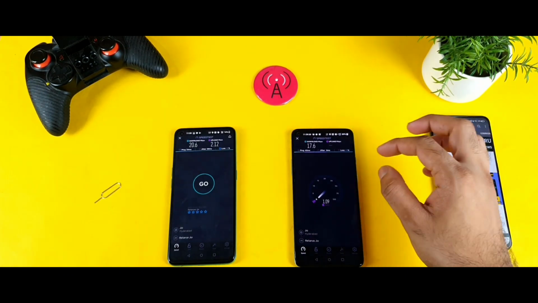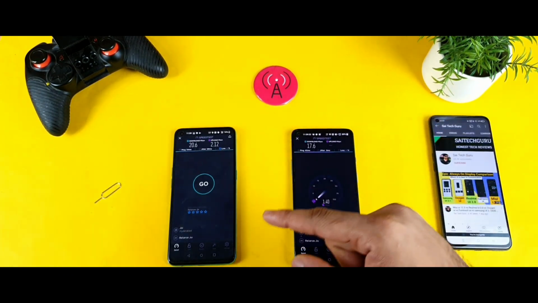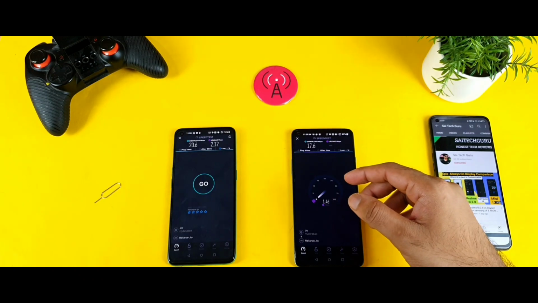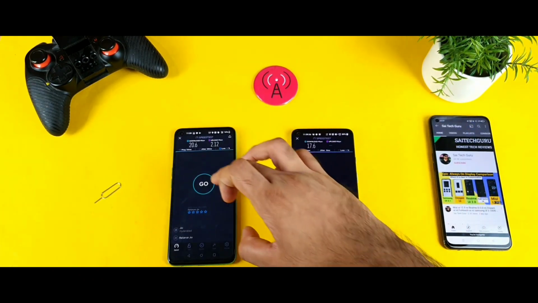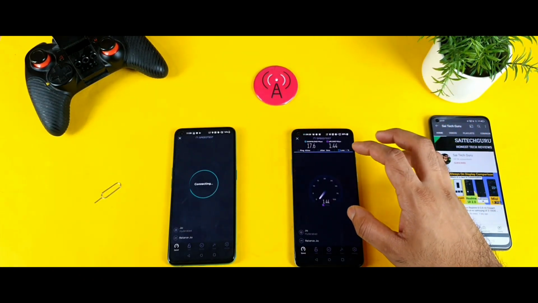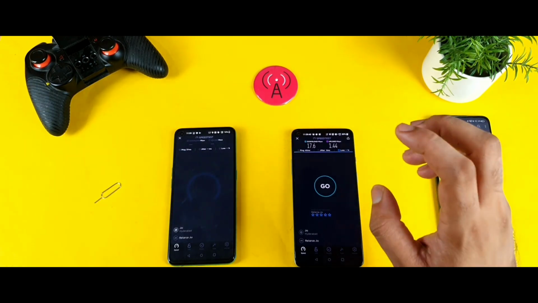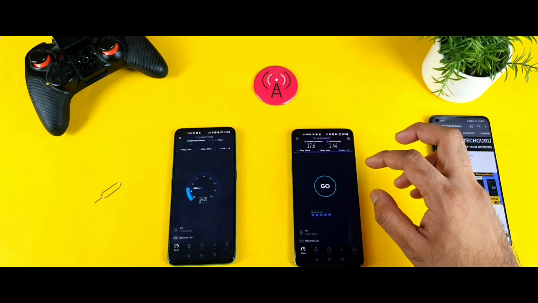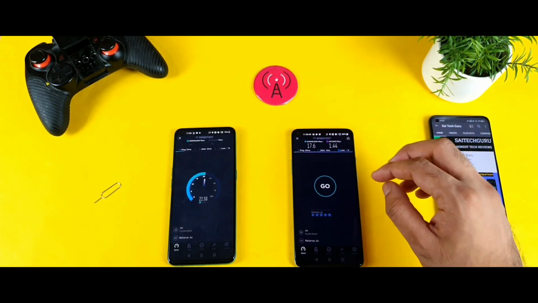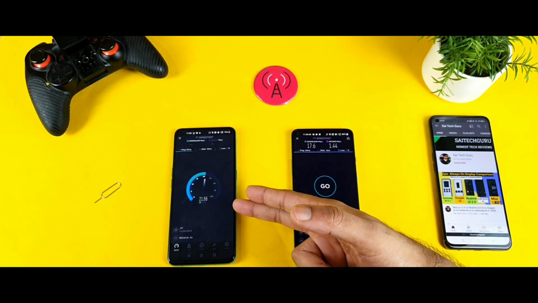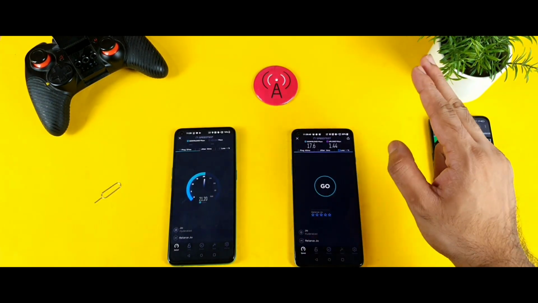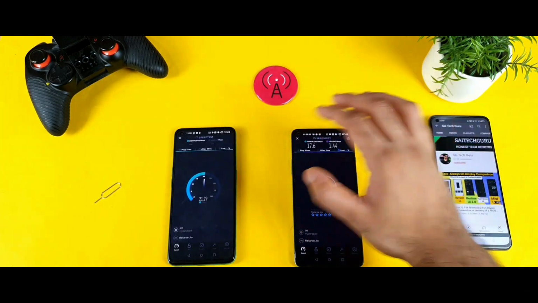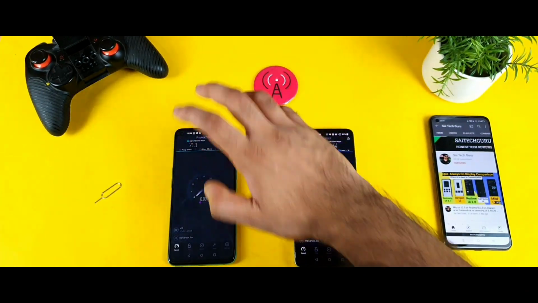So overall, in terms of connectivity friends, I did find it slightly better in the OnePlus Nord device. I'm not sure why the connectivity is slightly better. This is an extreme indoor type situation I'm testing, which is a Jio SIM card, and that is what I'm going to mention again and again. It doesn't matter how many times I do the testing, it's straight away going to 20 Mbps. It's no problem at all. As you can see friends, clearly, straight away.